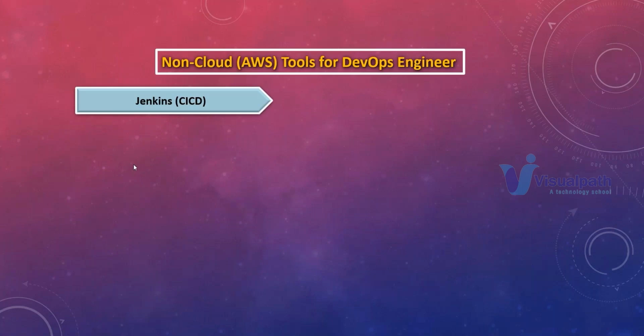First, the code has to be built. After that, it has to be tested. Then it has to be stored in the artifact. After that, it has to be deployed. Then the monitoring has to be integrated. Now, who will do this particular task? Will you do it manually? No, right. Someone has to automate this. That particular tool that automates this process is called CI/CD.